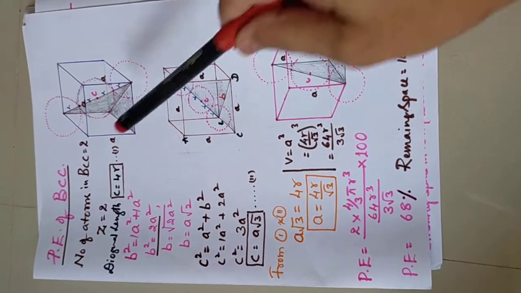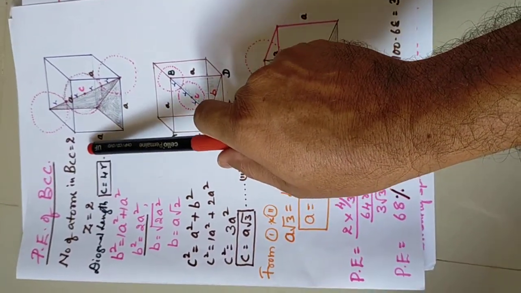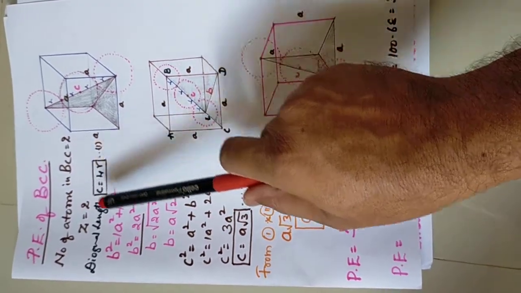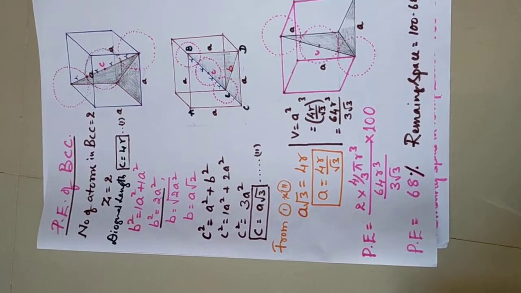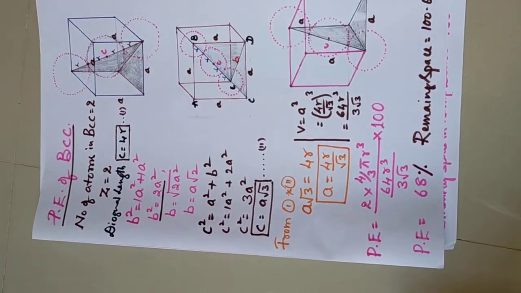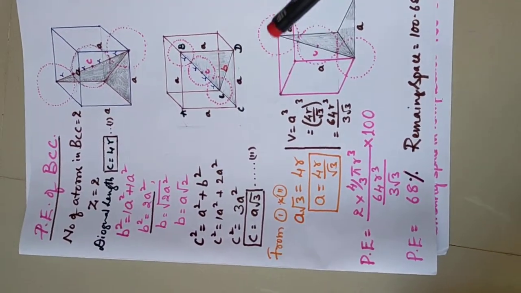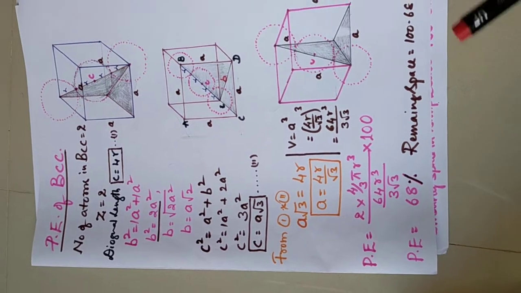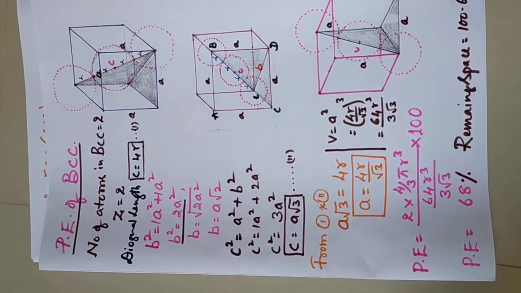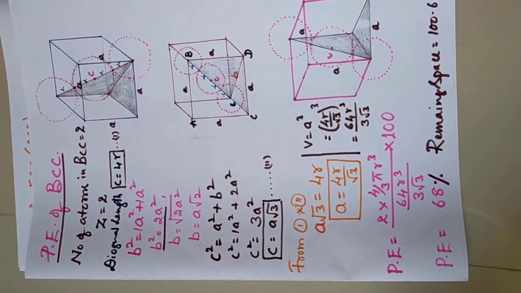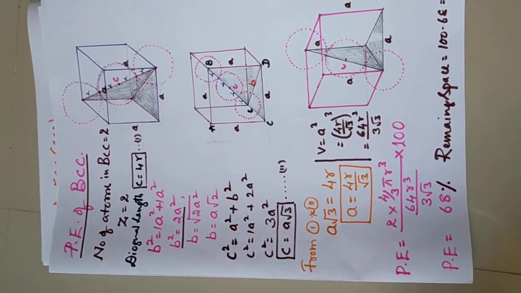So going to the packing efficiency of the BCC. Here the number of particles in the BCC is 2 and Z is equal to 2. Then here we are getting 2 things. One is the diagonal, the center diagonal, that is to be called C. Another one is B, the base diagonal. Two things we have to learn. You have to look carefully. In BCC you may get a little confused about how the diagrams come. Don't worry, practice once or twice or thrice, definitely you will get it, and you will enjoy the lesson.